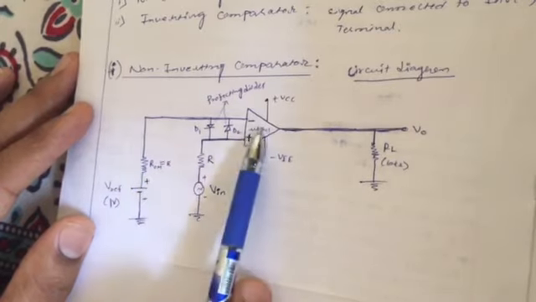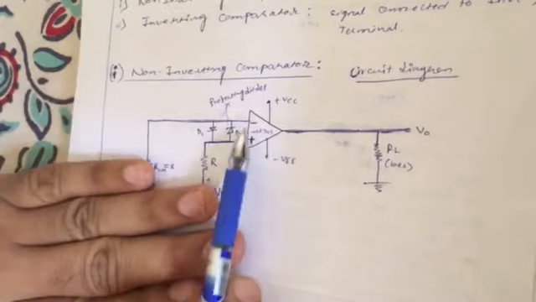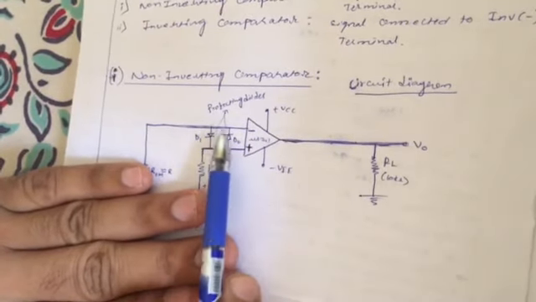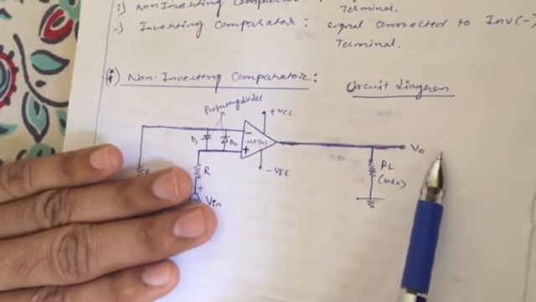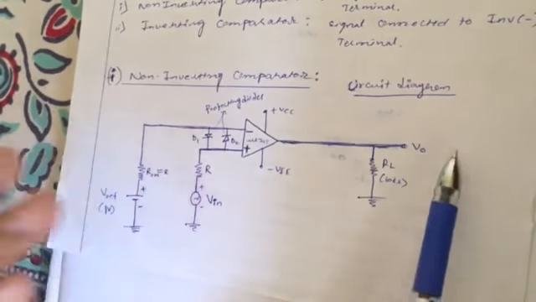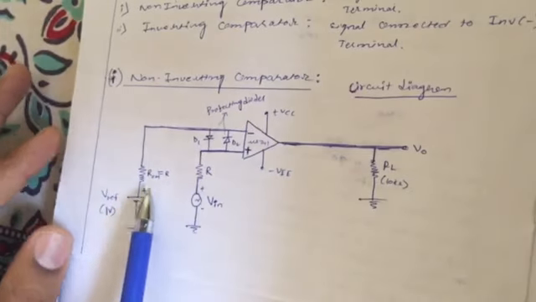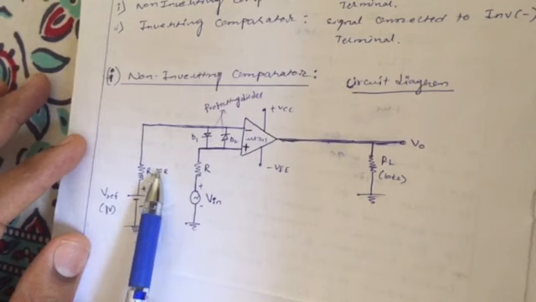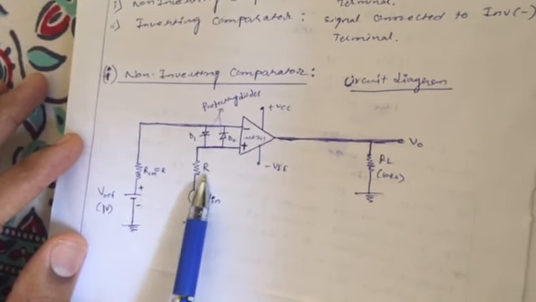Offset voltage of the op-amp is nothing but the output of the op-amp when both the inputs are grounded. When these two are grounded, naturally the output should be 0. But practically, even though these two inputs are grounded, the output will not be 0. That unwanted voltage is called the offset voltage. In order to nullify this unwanted offset voltage when both the inputs are grounded, this resistance is placed in series with V reference. That is called ROM. That is approximately equal to R. What is R? R is nothing but the resistance connected in series with Vin.